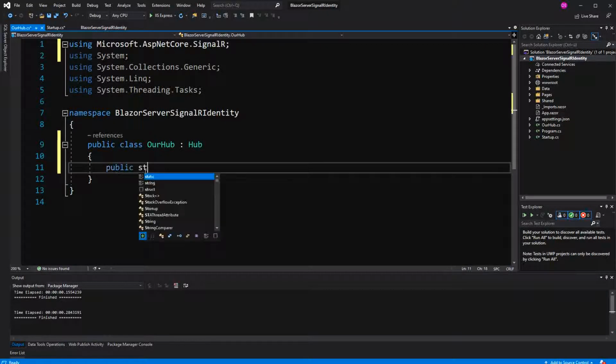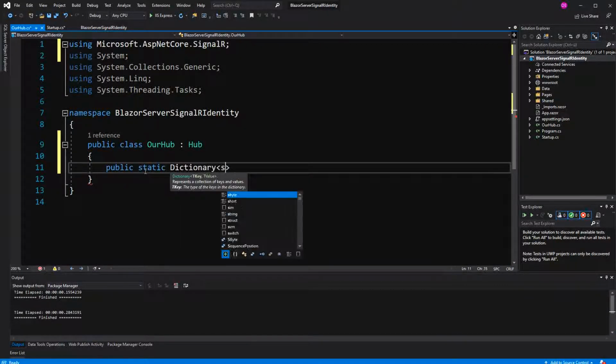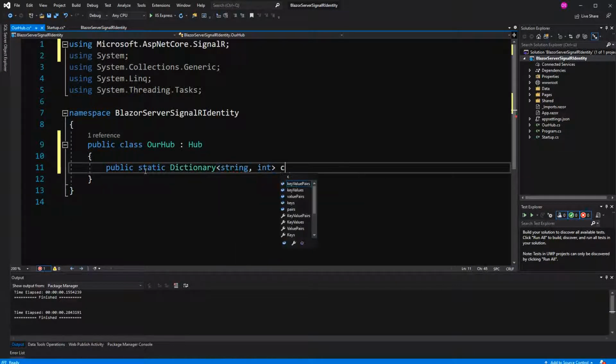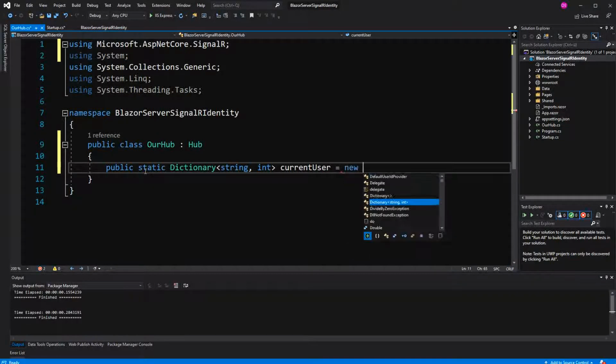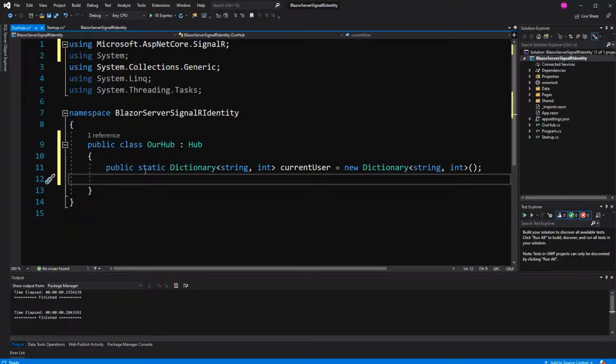You may ask, like, why a dictionary? We can also use groups to see which user is in each group. The problem with groups is you can't iterate over them. So if you want to have an overview of all the users that are currently active, you have to do it on your own, and that's a way how you can do it with a dictionary. And why a dictionary and not just a collection? I will show you